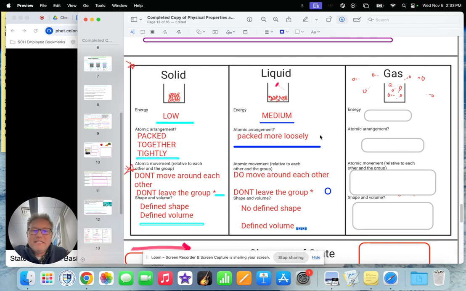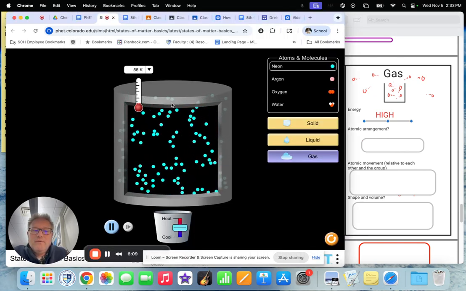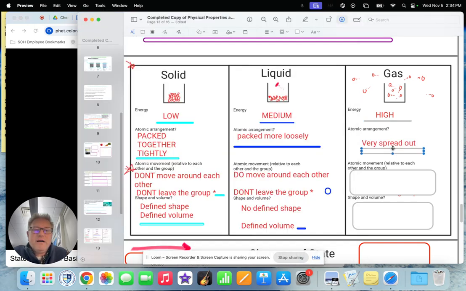All right, we're almost into the next level. We add more energy. We are now at a high energy. We've made it to the state of gas or vapor. You go to the gas state, they are moving all over the place. They're flying all around here. How are they moving? Well, they are just moving. They're very spread out. They are super spread out, flying all around. You can draw them in here.